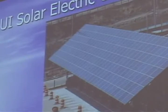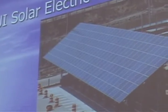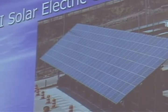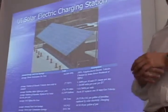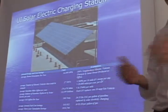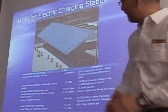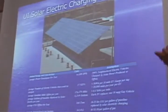Those cars are 10 times more power than all the power plants we have. So if the cars were sustainable and could be making electricity, we wouldn't need any power if we had the vehicles. So this is something that we've put in at the university. This is our first